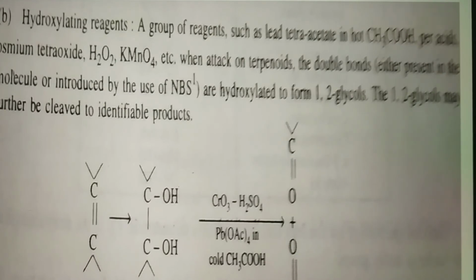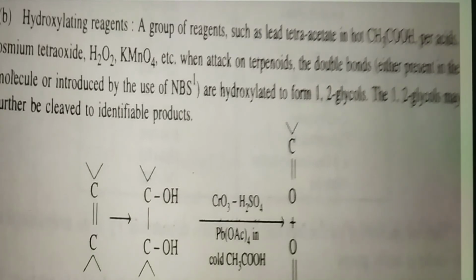As we can see in this reaction, the double bond is attacked by the hydroxylating agents and we get 1,2-glycols, which are further cleaved by lead tetraacetate in acetic acid